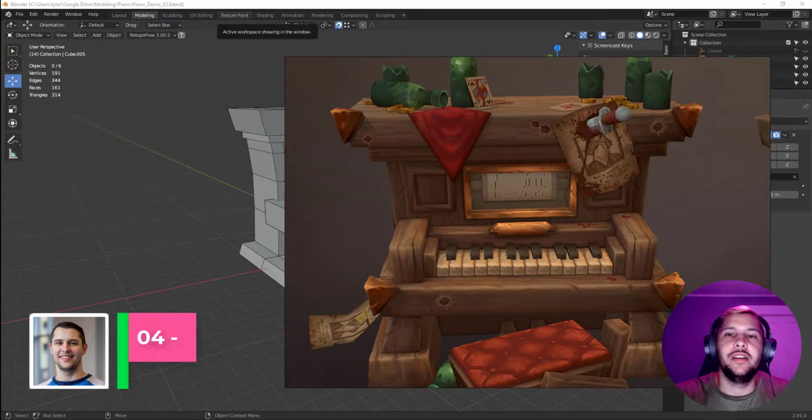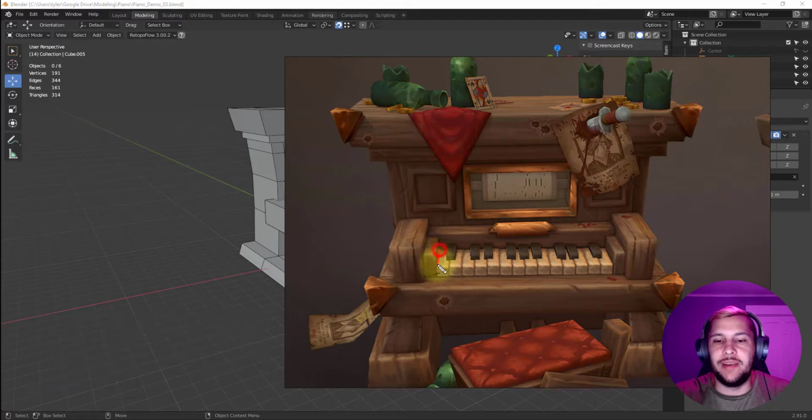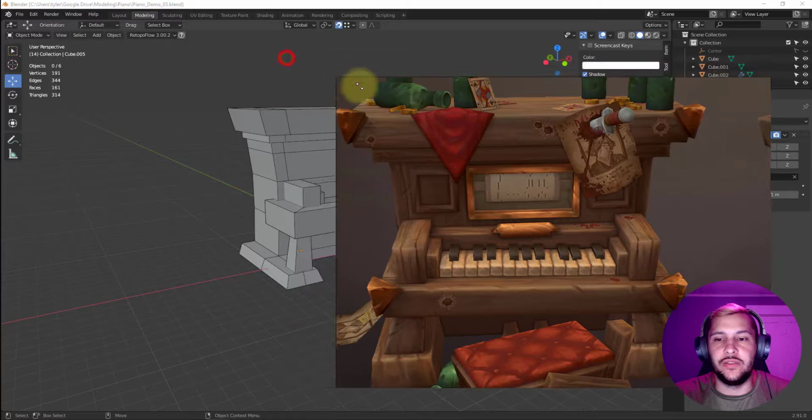How's it going, everybody? In this video we are going to be modeling out a few assets here. So first thing I want to model is show you my technique for modeling these keys here, the white and the black keys. We are going to model this opening, and then also we're going to model this wheel that you see inside here. So this wheel is kind of like the music wheel that basically makes the keys move automatically. So that's the goal for this video, is to get those three things modeled in under 15 minutes,